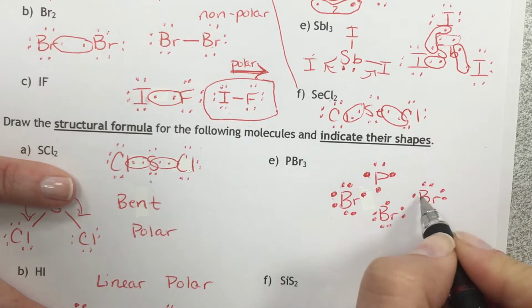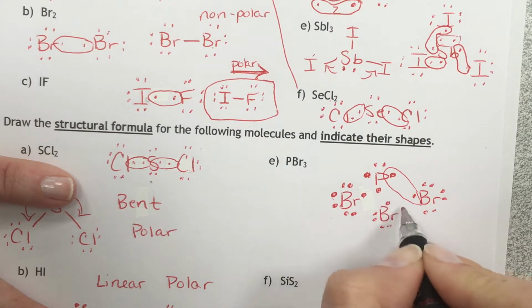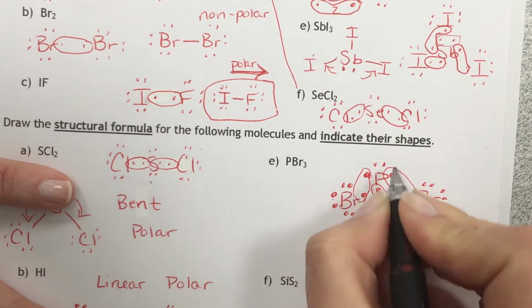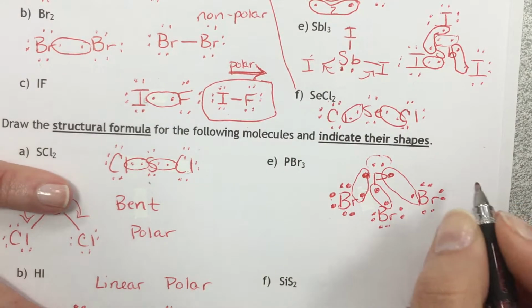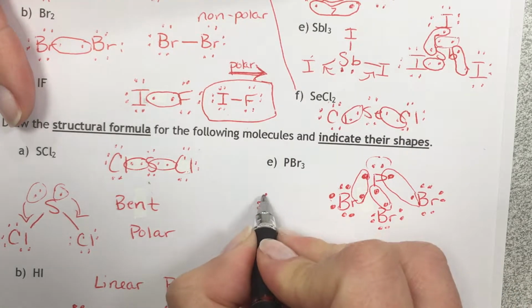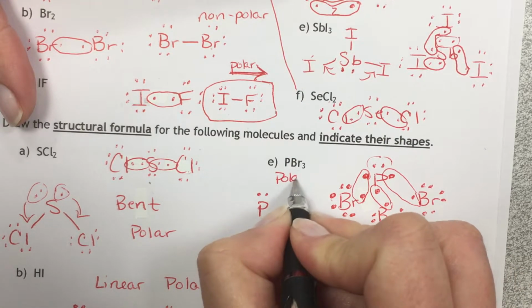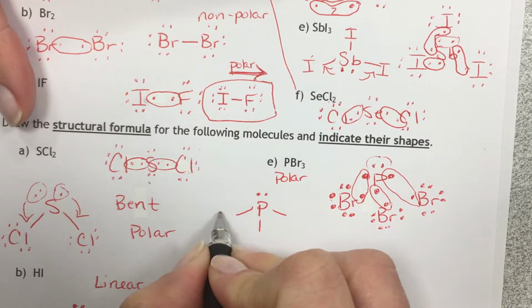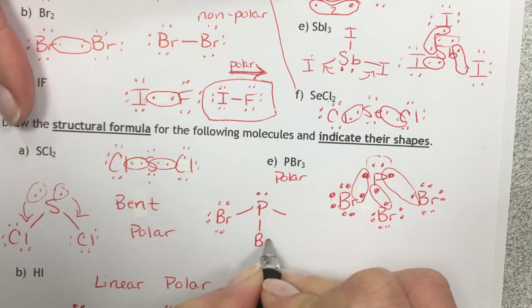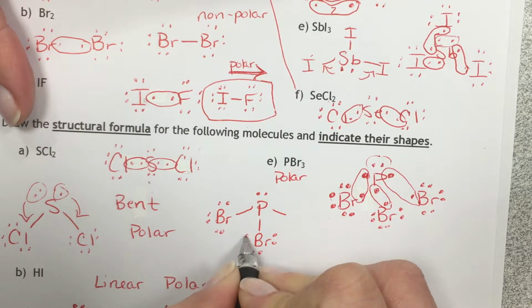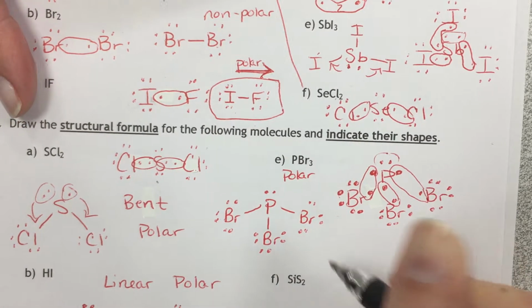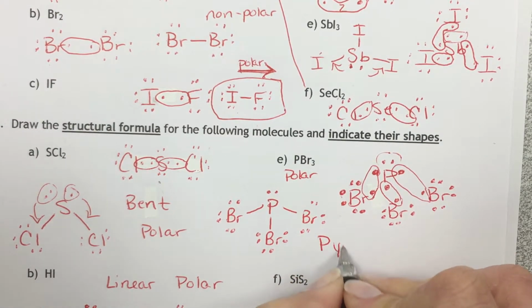Okay, so basically there will be a bond here, a bond here, and a bond here. So your molecule, and the lone pair will stay a lone pair, so you know for sure it's going to be a pyramid, and you know it's going to be polar, because all pyramids are polar. So you have a phosphorus with a lone pair up here, so we know it's polar. And then you'll have 3 bonds with bromine, and don't forget the valence electrons. You will not get credit unless you indicate the valence electrons and where they are on the test. Okay, so this is a pyramid shape,